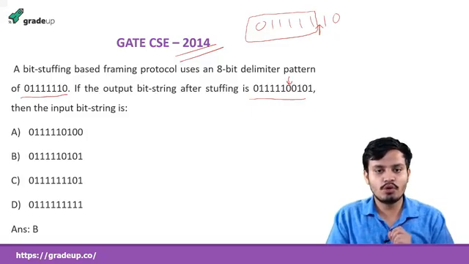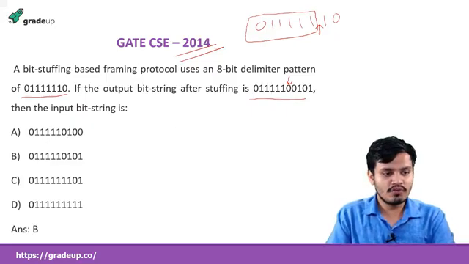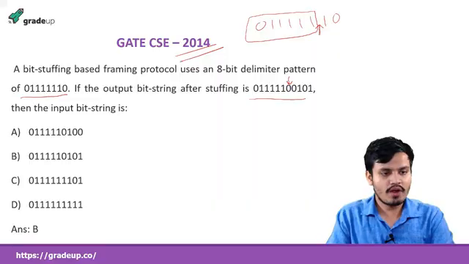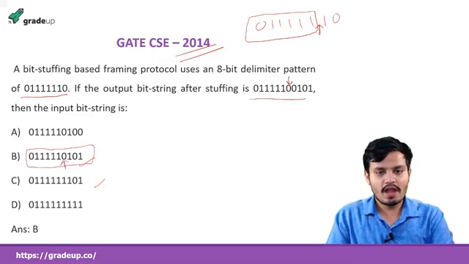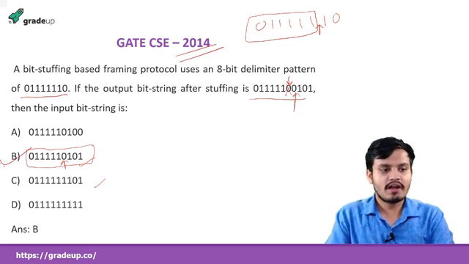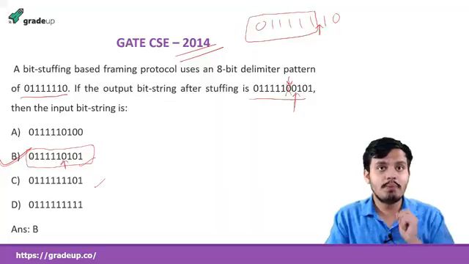So I need to remove this bit, and our input will become 0, 1, 3, 4, 5, 0, 1, 0. In the end I should have 0, 1, 0, and among the two options I have, this is the most appropriate. This is the right answer, because here we have only 1, 0, and I am removing this 0 and I will get 1, 0. So B is the correct answer. It is a question based on bit stuffing.